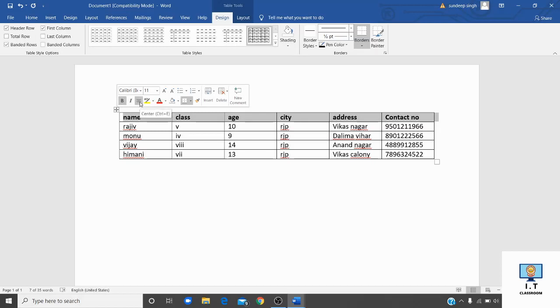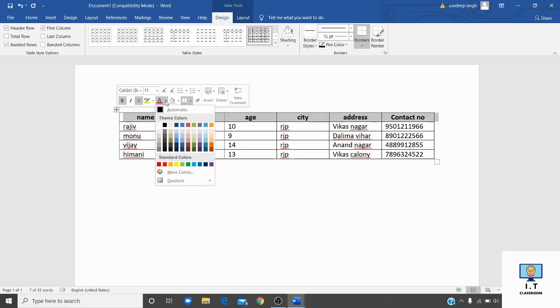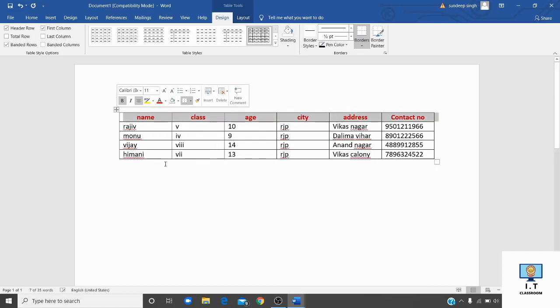After that, this is the center alignment tool. Click on it. In this way, headings will be aligned in the center. Now choose font color from here. Whichever color you want to select from here, you may select like this, and you can see the change on your document that headings have been highlighted now in red color.